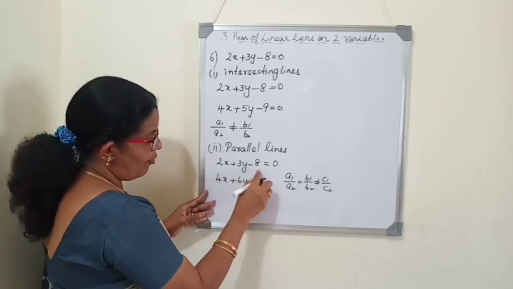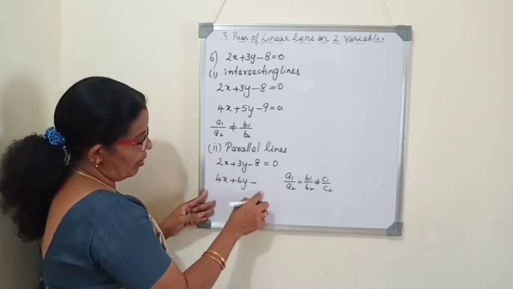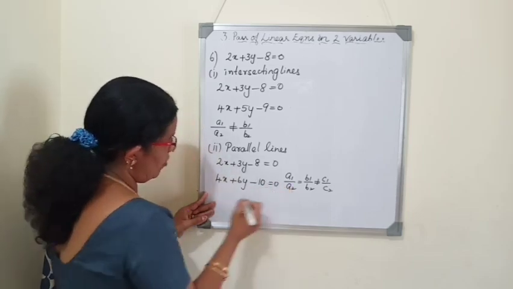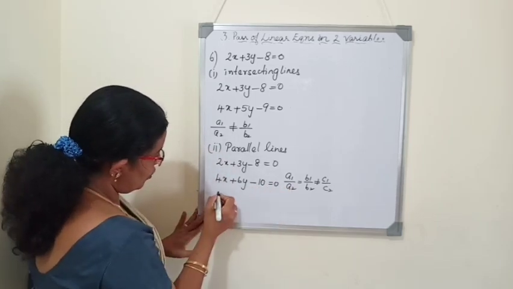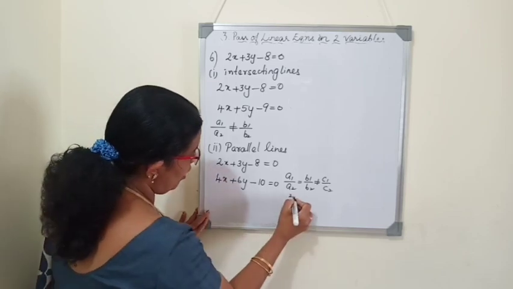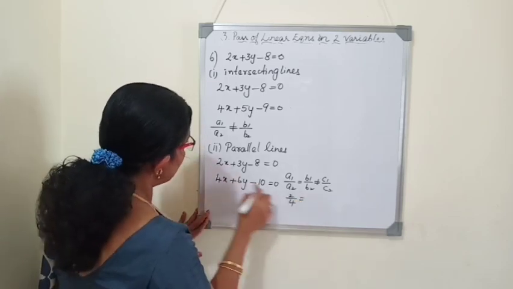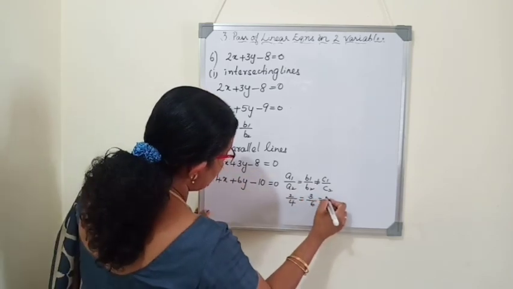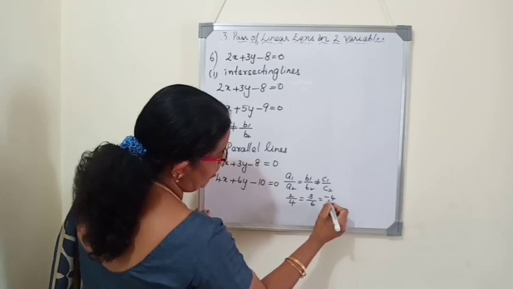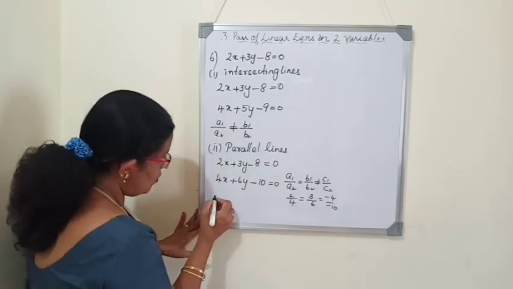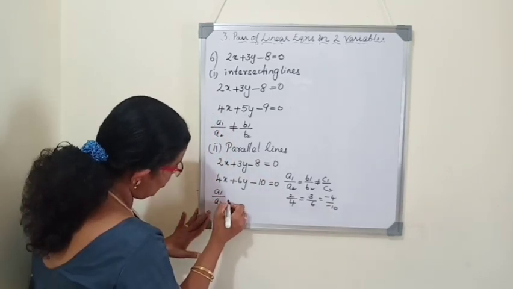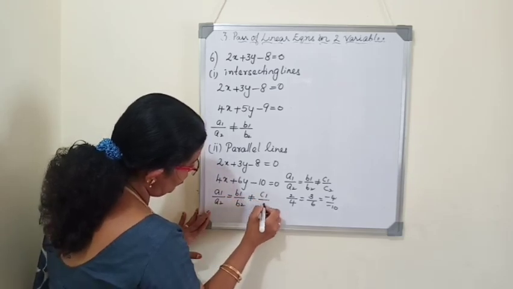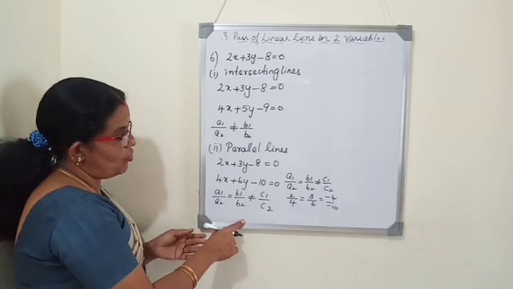So, here if I write 16, again it becomes 1 by 2. So, some other number we should write. I will write 10 is equal to 0. So we will see the ratio. A1 by A2 is 2 by 4. B1 by B2 is 3 by 6. And this is minus 4 by minus 10. When you cancel, we will get 2 by 5. So A1 by A2 is equal to B1 by B2, not equal to C1 by C2. Then the lines are parallel, no solution.